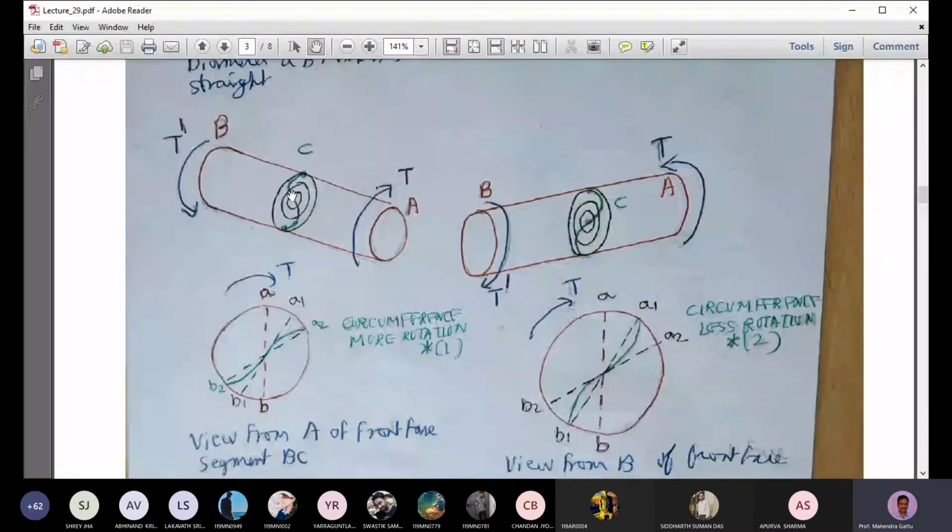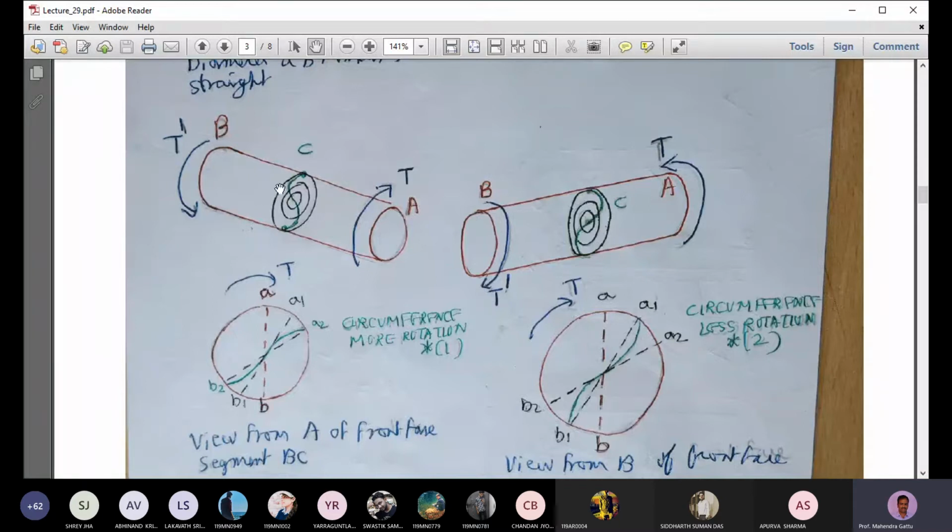The same figure we are looking at from a different way. Here we are looking from the A direction, and we see an S shape like this of the diameter. If you look from B, the S shape will look like this. The same figure you are looking at from the other side. An observer at B looking at these inner circles and this curve will see the S shape in this form. So we agree to assume this is the shape of the diameter after deformation from perspective A, and that is the shape from perspective B.